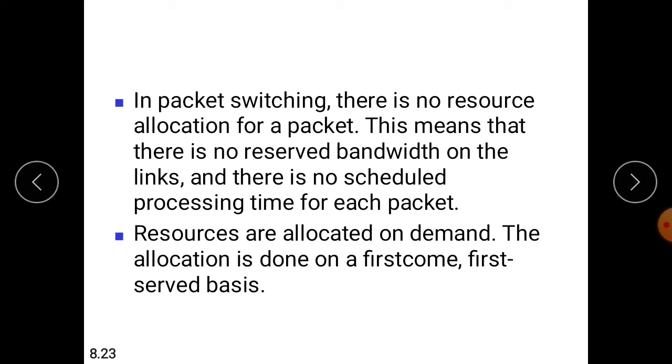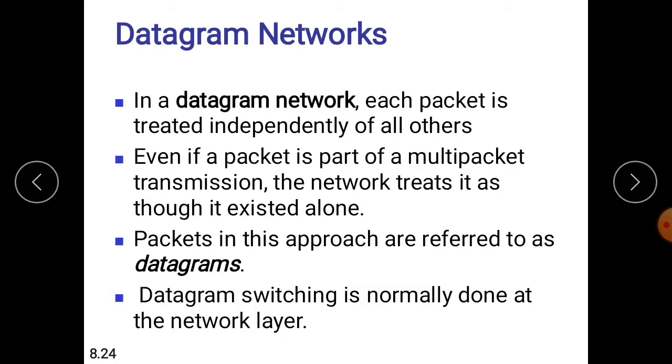When a switch receives a packet, no matter what the source or destination, the packet must wait if there are other packets being processed in that switch. You can consider the example of a restaurant. If we do not have a reservation at the restaurant, we have to wait. Similarly, if the resources are not available in the switch, the packet has to wait. We have two types of packet switched networks, that is datagram networks and virtual circuit networks.